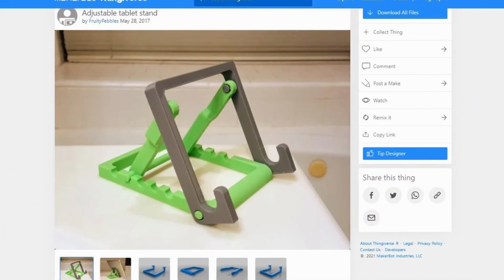Hey everybody, in this video we're going to take a look at how we could take an item from Thingiverse, make some adjustments to it in Blender, and then prep it for 3D printing. Let's get into it. For this project, I'm wanting to adapt this tablet stand from Thingiverse and make the base